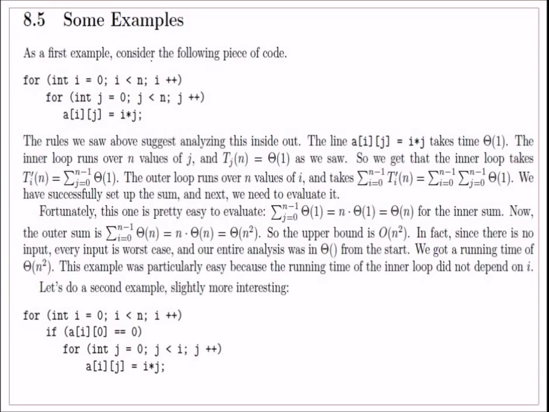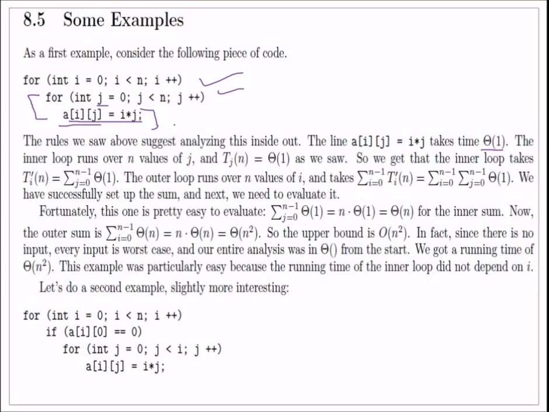So let us take some example. This is a simple example. We have two for loops. One goes from 0 to n for i, and j goes from 0 to n, again the same values, and a[i][j] will be assigned the i into j value. How to analyze it? This particular line a[i][j] equal to i into j, you always know one line will take theta 1, as I suggested earlier also. So the inner loop runs n times. Why? This for loop will run from 0 to n, that is, it will run n times.